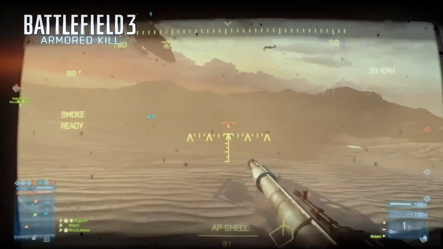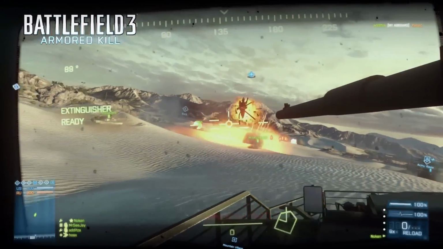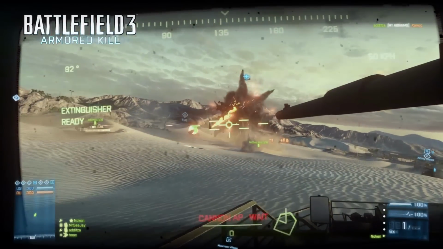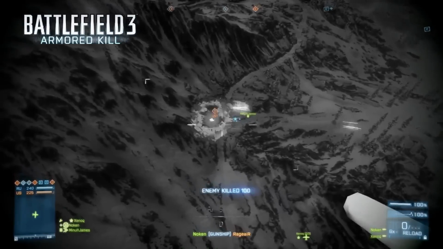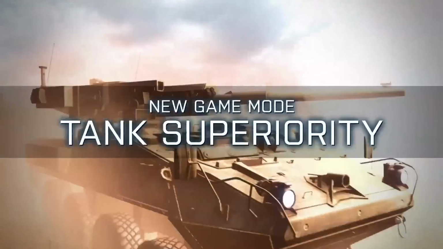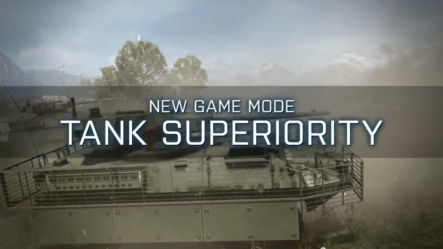Then we've got some quick Bandar Desert footage, and if you didn't catch it in the first Bandar Desert trailer, this LAV or tank destroyer here for the US is actually running with extinguisher as one of the configurations. So that's a new vehicle perk that we have confirmed is going to be in the game. Then we have some quick recycled footage from Alborz Mountain. Still looks cool nonetheless, got that AC-130 in the air,